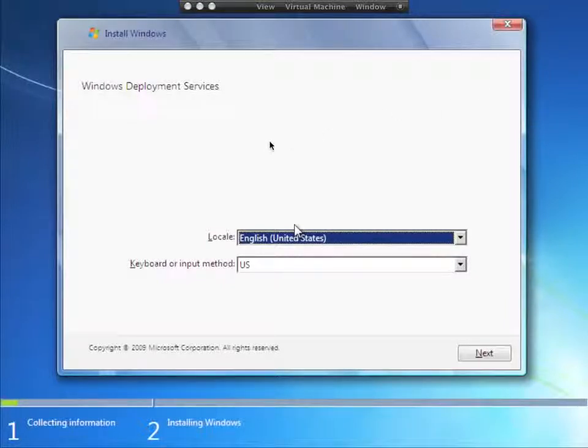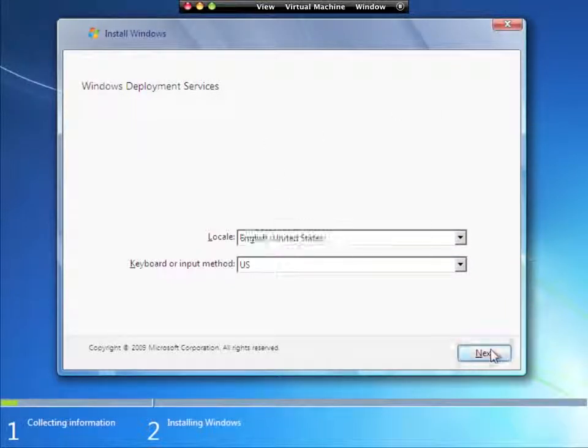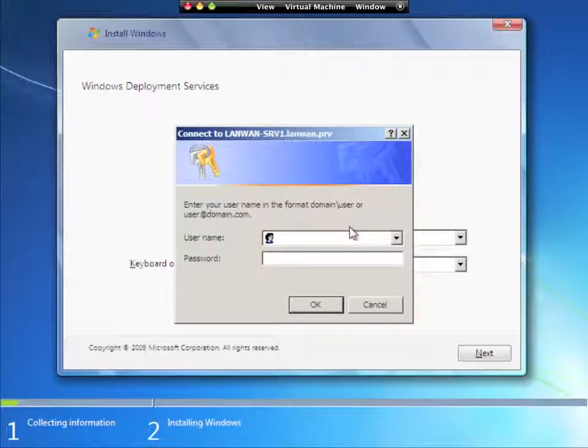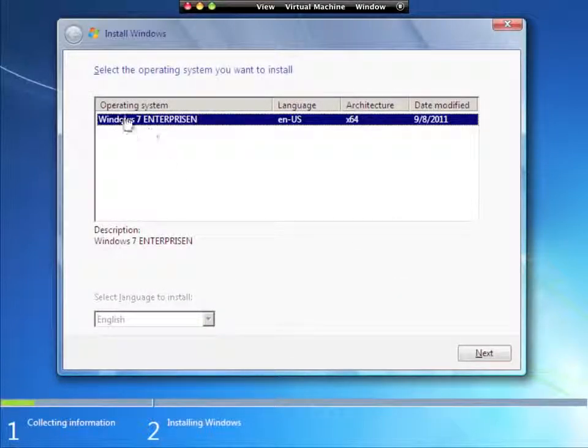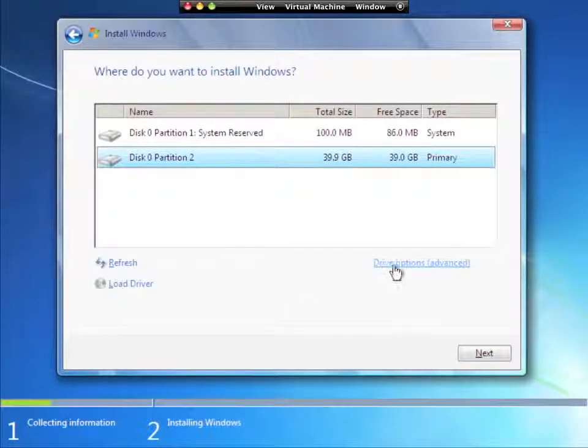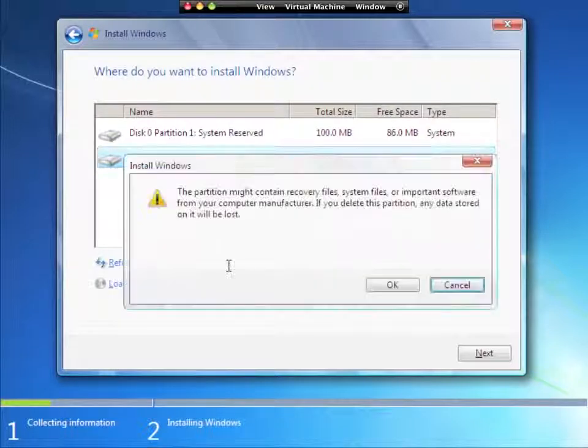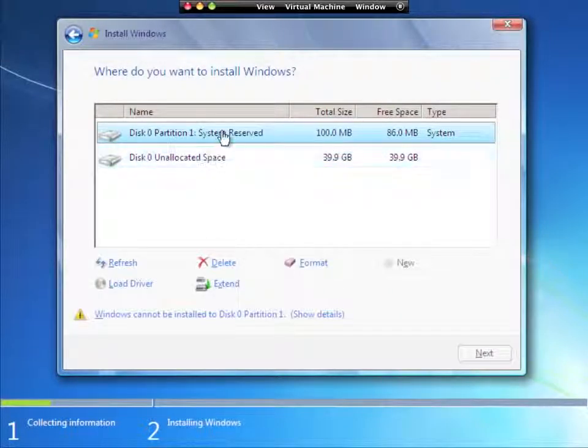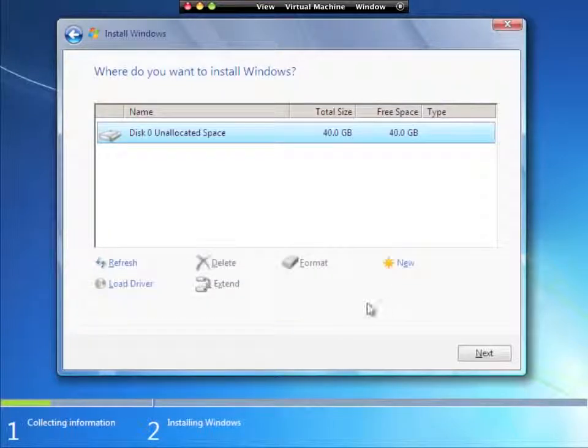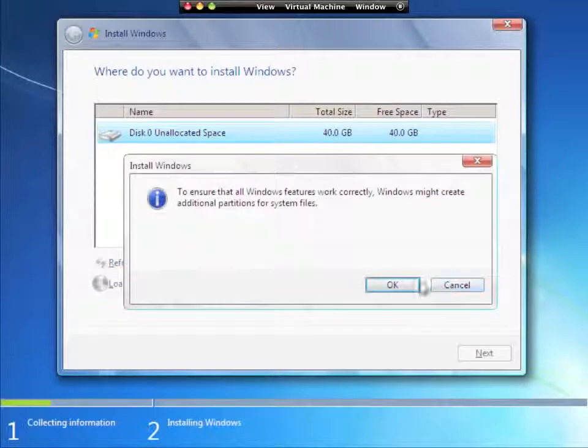Okay, now my workstation boot up, and it's taking me through, and I have to log in here with my domain name / administrator account. So you have to put your domain name in there, and it shows the Windows 7 install. So if I were to hit next, it would show me that now I can install a whole new operating system on this computer. So I'm formatting everything. I have unallocated 40 gigabyte drive. Hit new and apply,